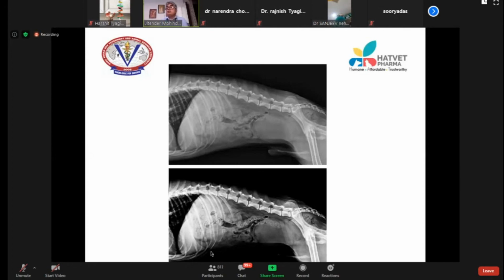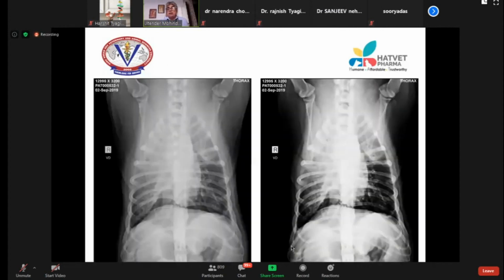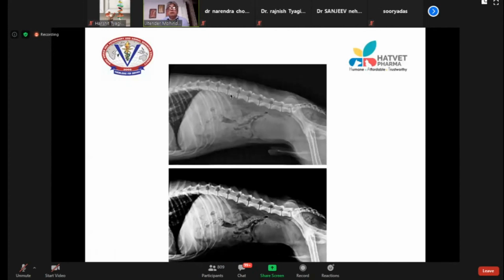If I'm not able to see the fat, I will make a mistake in diagnosis. I'm not able to see the ventral border of the abdomen also. It is so badly processed. Bone looks bright, bone looks beautiful, but I am not able to identify all these subtle changes in the abdomen. So your radiograph should have, or try to keep, all the four opacities on the radiograph, 4 or 5. Metal may not be there, but 4 opacities minimum should be on the radiograph. So on all radiographs, 4 opacities should be visible.